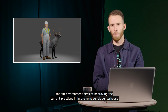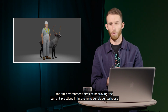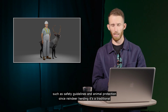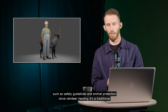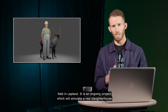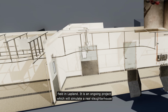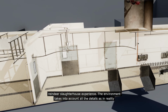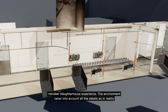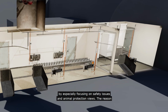The VR environment aims at improving the current practices in the reindeer slaughterhouse, such as safety guidelines and animal protection, since reindeer herding is a traditional field in Lapland. It is an ongoing project which will simulate a real reindeer slaughterhouse experience. The environment takes into account all the details as in reality, by especially focusing on safety issues